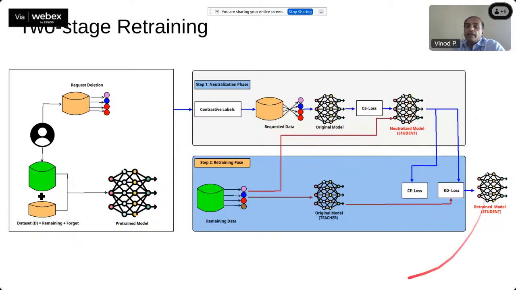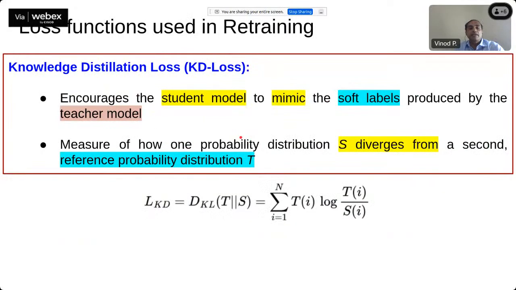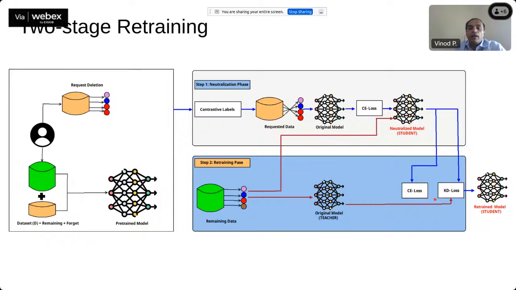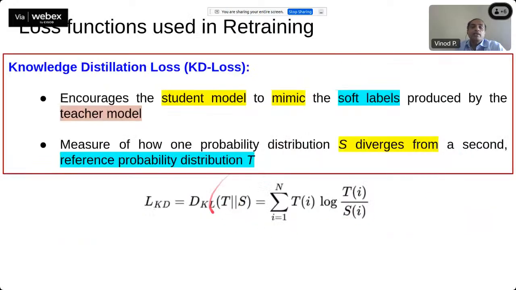So when we do this iteratively, what will happen is we will create a neutralized model which will perform very well on the retained set and which will give a very low confidence score on the preservation set. So this model that you get is the unlearned model which you can deploy. Whatever I am saying was also discussed previously. Effectively we would like to minimize the KL loss, which means the distance between the teacher and the student has to be minimized.